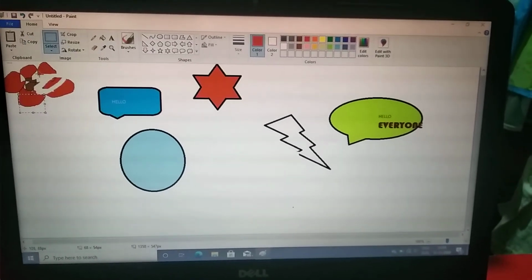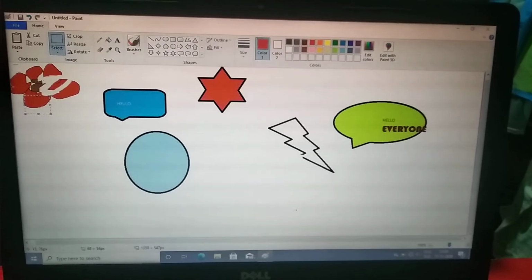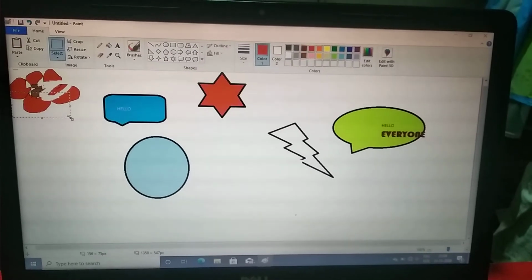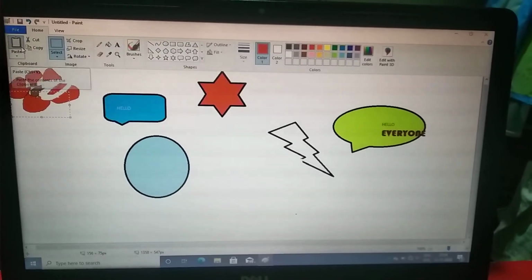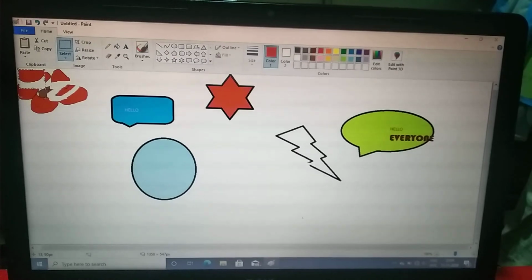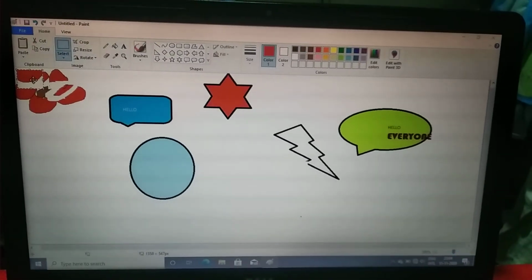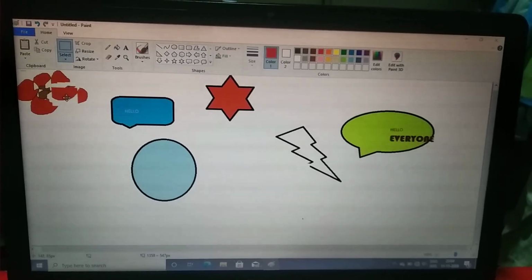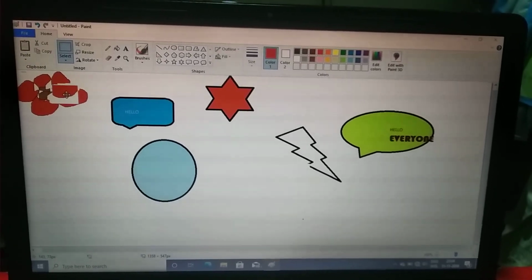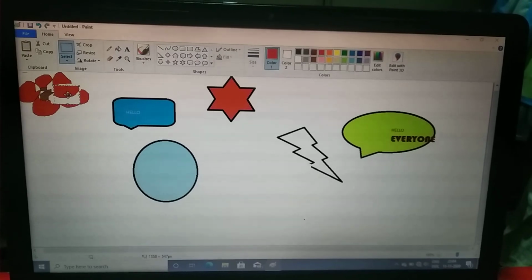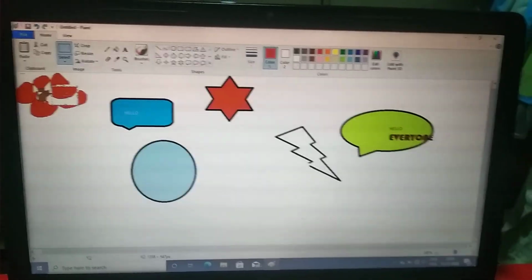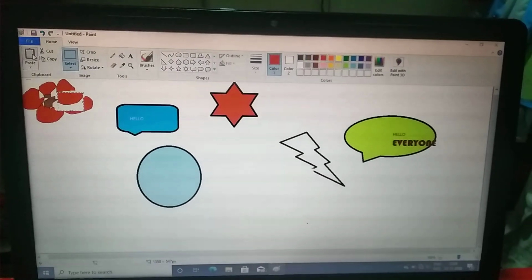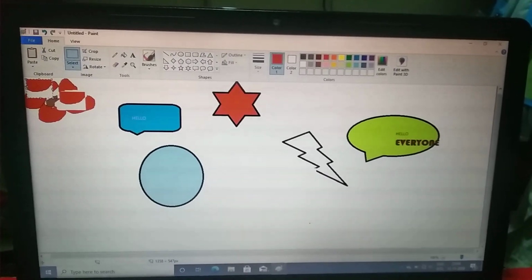I have copied. Then again I have selected here and then paste here. You see, this comes on the screen. Now you can move this with the arrow keys and put it wherever you want. Okay, understood now? Then again, if you press the copy paste button, one more petal will come on the screen.